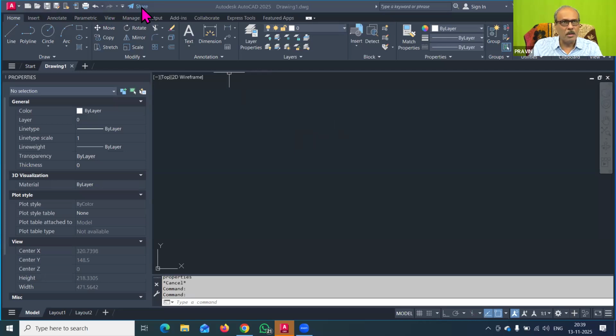This toolbar appears here at the top left corner, and here is the name of the program, the name of the drawing, and the extension of the drawing, that is .dwg. We use this to understand which drawing is now open. At present drawing1.dwg is open for me. We have already seen that we have to create a folder on our D drive, and whenever we save that drawing, it will get saved there.